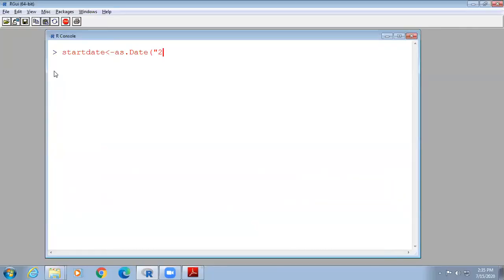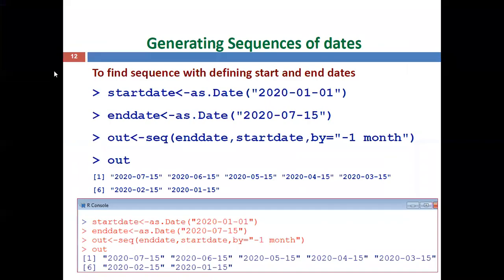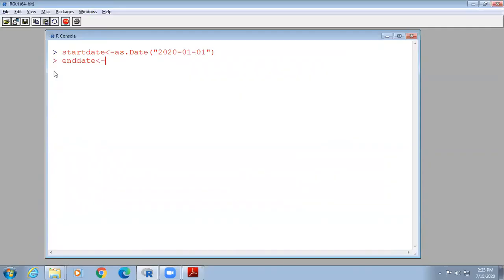January 1st, 2020. So this is the start date. Then another variable, end date. So you are giving end date as.Date, 2020, month is July, day is 15. Now we have taken start and end dates.